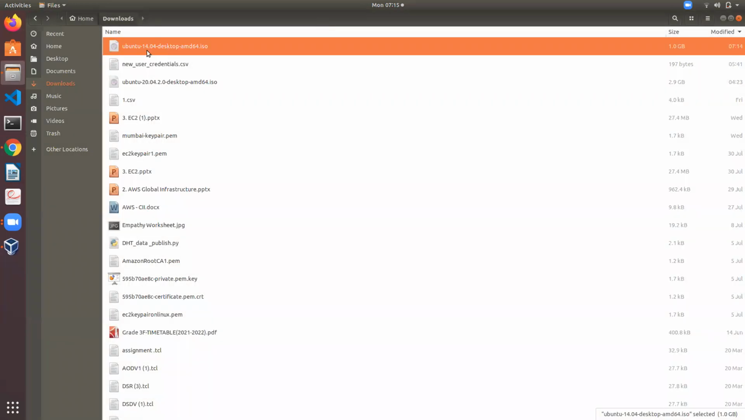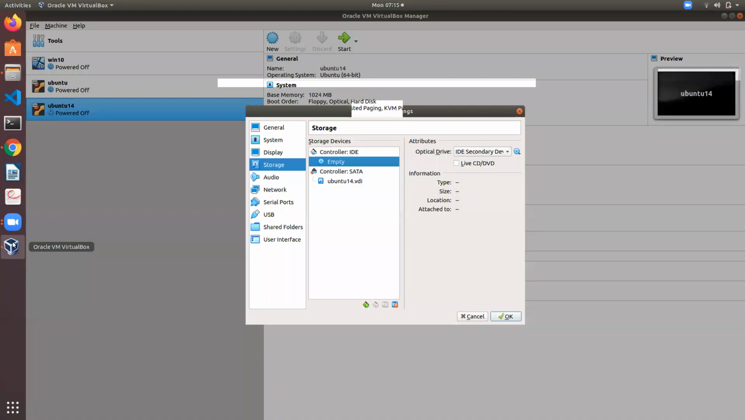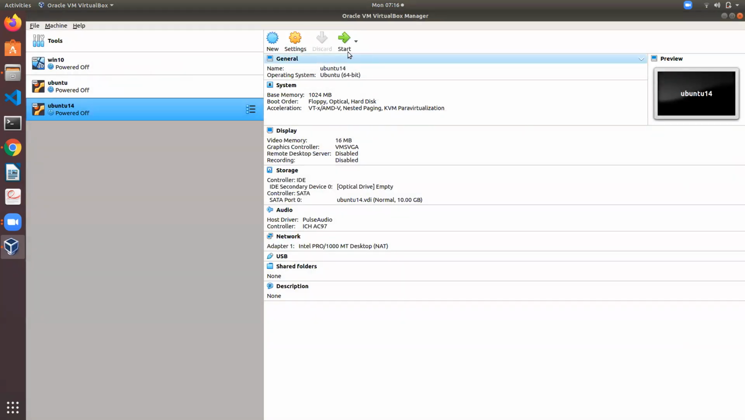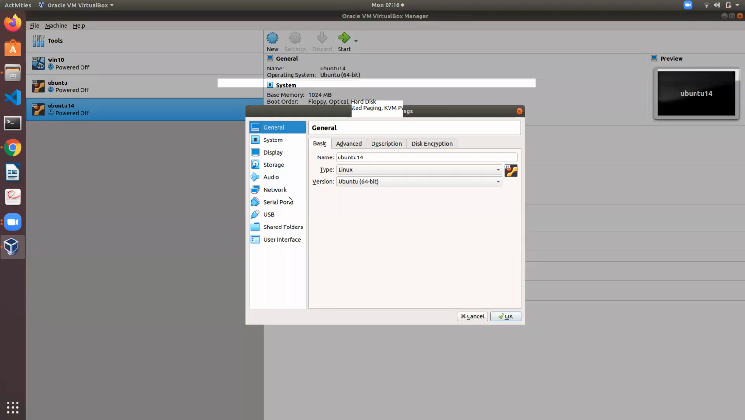Yeah, I have downloaded the Ubuntu 14 desktop version. And now let's go to VirtualBox. What I have done, go to settings, and now I need to boot up this virtual machine. The virtual machine which I am going to run on VirtualBox with Ubuntu 14, but it's not available. I have downloaded it. I can show how I should go into settings, and in the settings, storage,